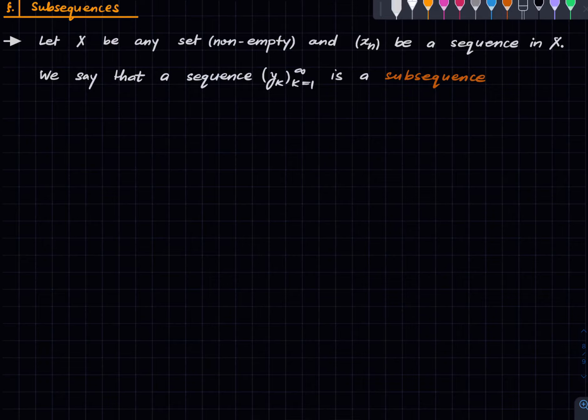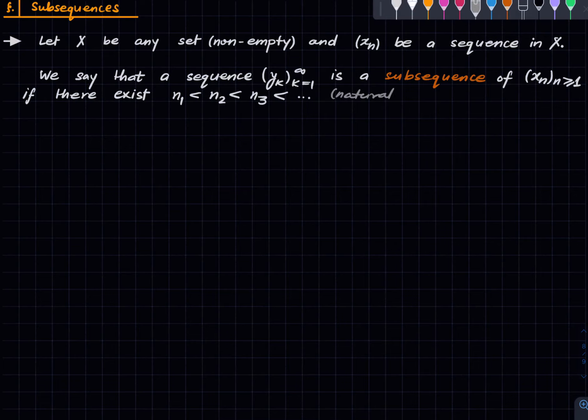of the given sequence if there exist natural numbers n1, n2, n3. So these are natural numbers, I should mention that, such that yk is x sub nk. Alright, so pause for a moment to think about this definition, and now let me illustrate what we are trying